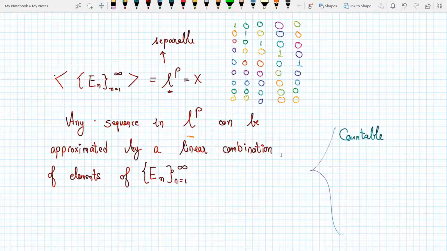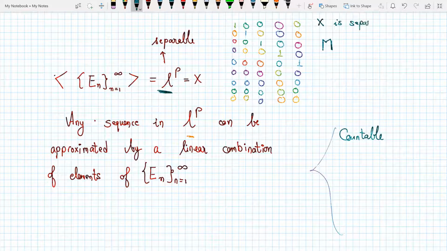So we will try to understand things in a conceptual way, in a more generalized way. So let LP be my set. LP is my space, and I want to prove that this space is separable. So going back to our previous definition, I said that X is separable